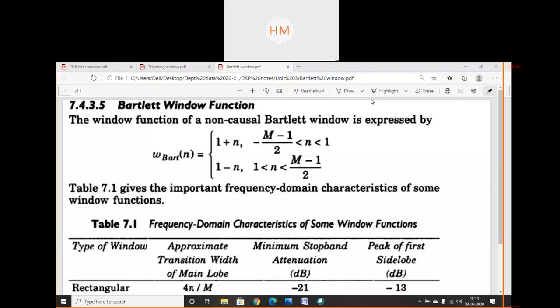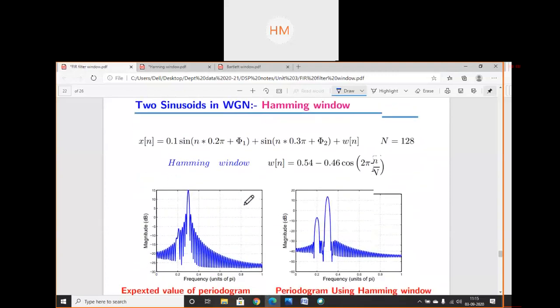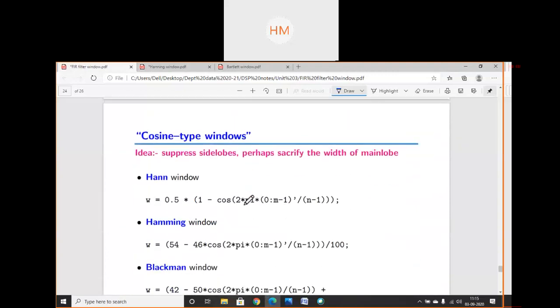We should know that general FIR filters are of linear phase. Linear phase are of 4 types: type 1, 2, 3, and 4. All those linear phase filters are having some equation. On those equation basis, we can prove which type of symmetry it has, whether the length of filter is even or odd. So we have discussed all the basics. Now we will start simplifying first the numericals, and then we'll start with Kaiser window function.